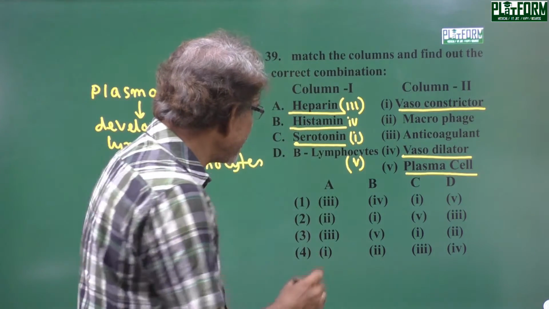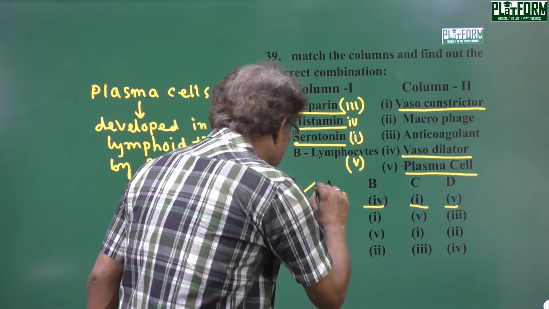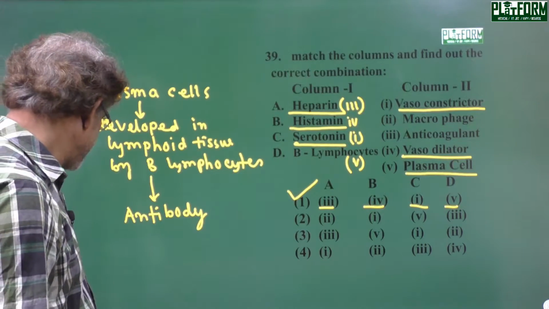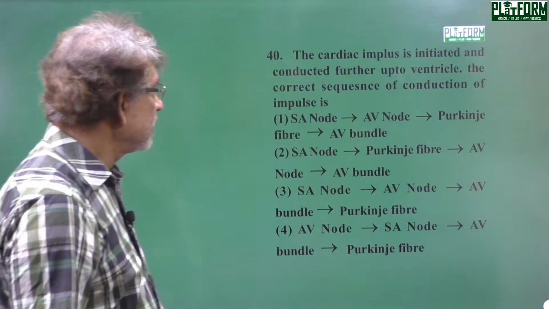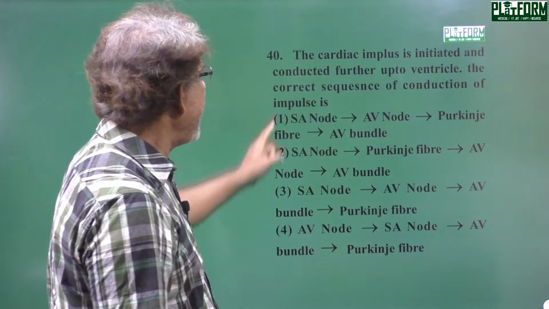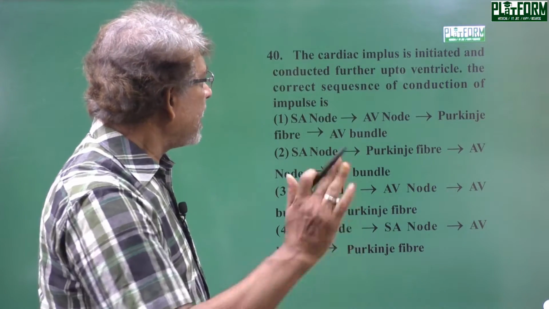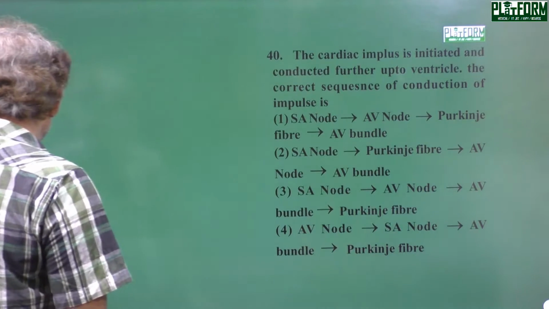3, 4, 1, 5. That is your correct option, option 1. Let's move to our next question. Cardiac impulse is initiated and conducted further up to ventricle. The correct sequence of conduction of cardiac impulse is